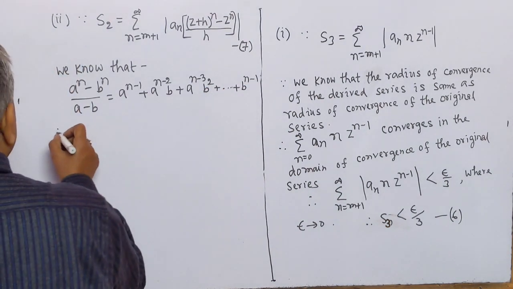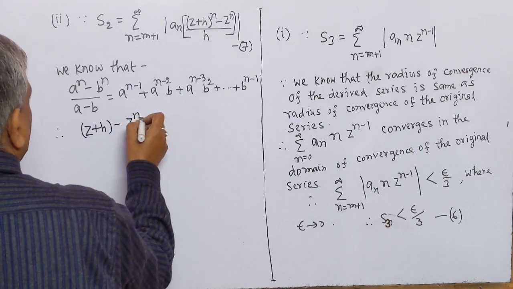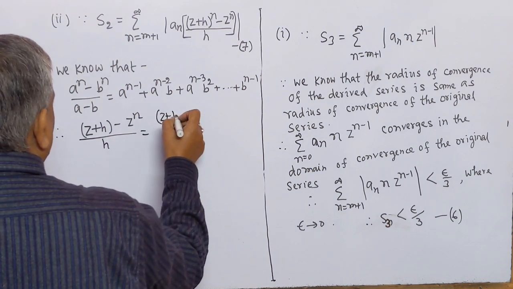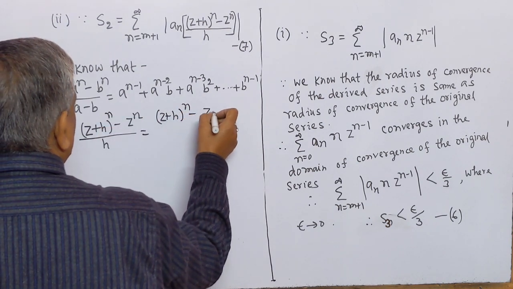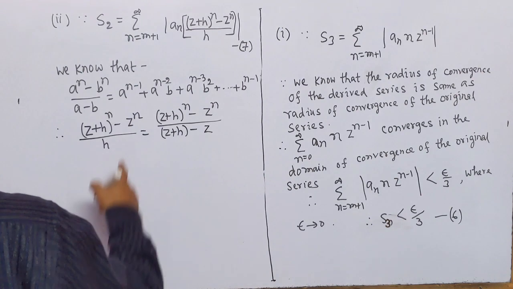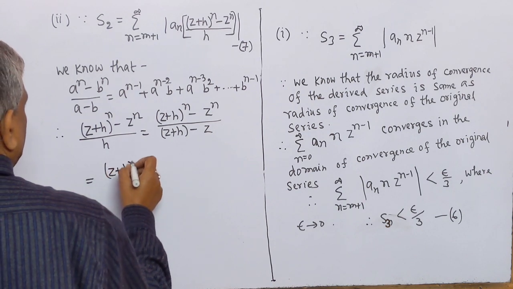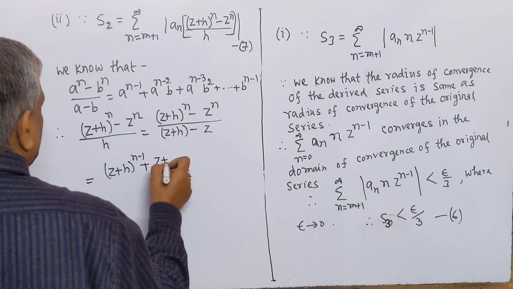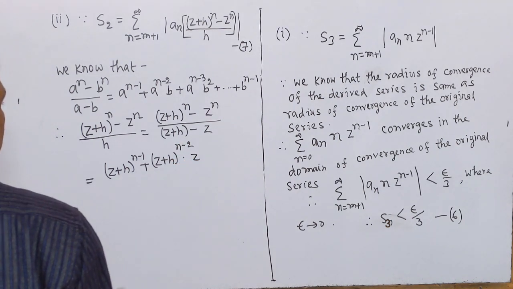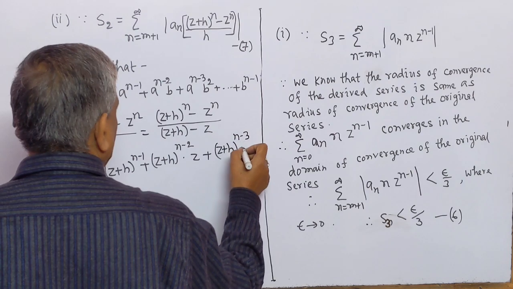Therefore, ((z plus h) to the power n minus z to the power n) by h is equal to ((z plus h) to the power n minus z to the power n) by ((z plus h) minus z), and using this formula we get (z plus h) to the power n minus 1 plus (z plus h) to the power n minus 2 multiplied by z plus (z plus h) to the power n minus 3 multiplied by z square